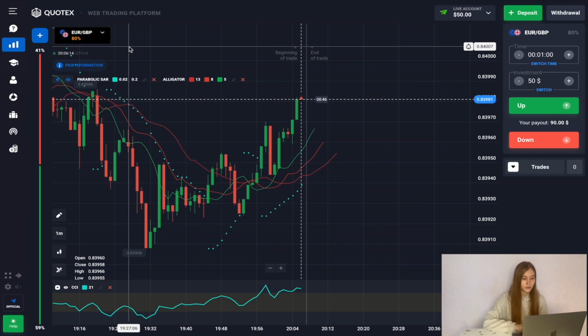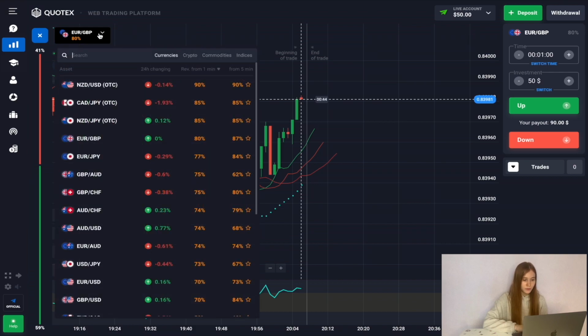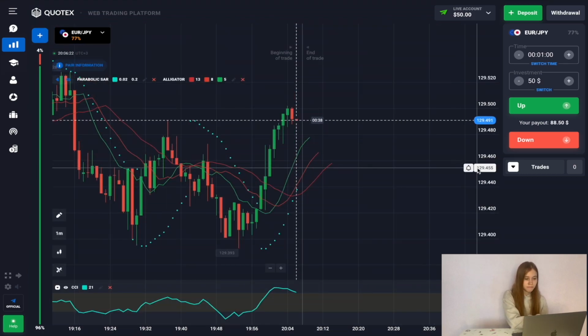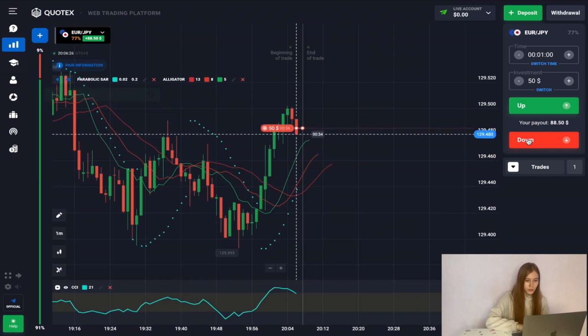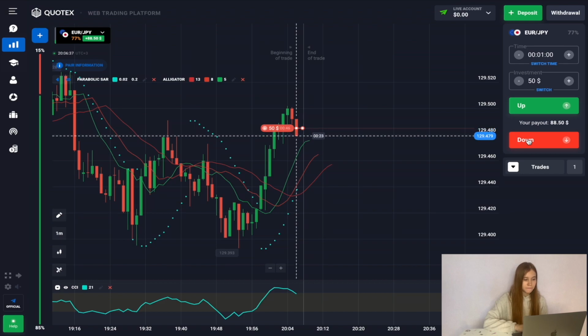Let's start trading. We use the first currency pair. Let's open our trade to reduce the price. As we see, the price was in an overbought state, and based on the formed support and resistance lines, we reached the support line